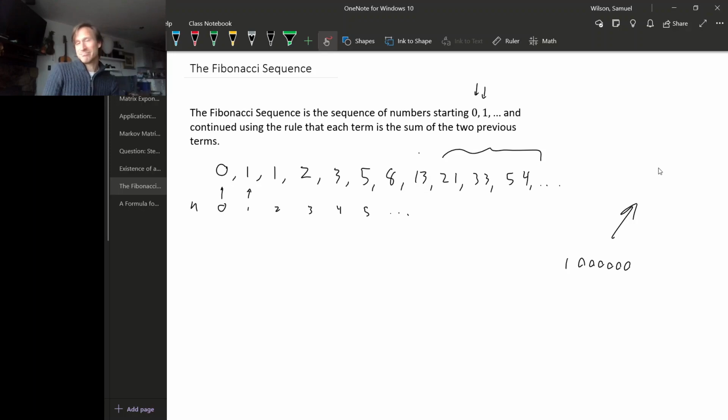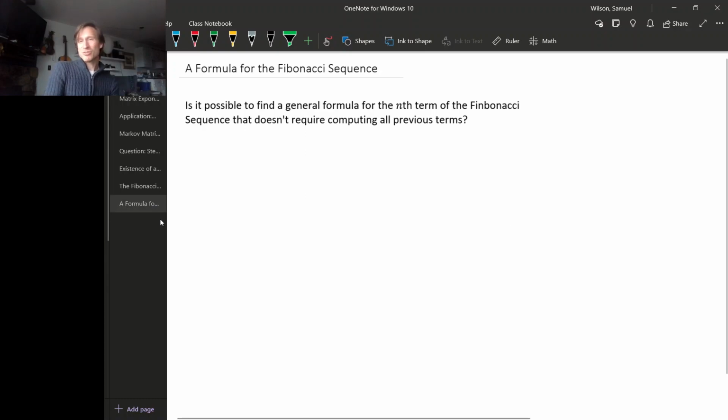And that can be rather annoying, not to mention computation intensive. So it would be nice if there were some sort of general formula for the nth term of a Fibonacci sequence that would get us out of all of that work of calculating the intervening terms from the beginning all the way out to whichever term you're asking about, term n. So to do this,